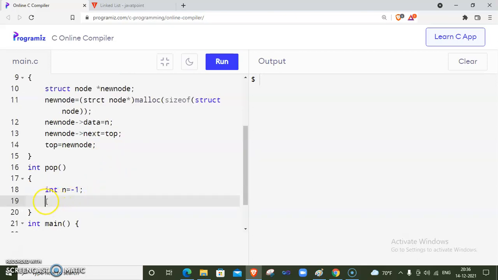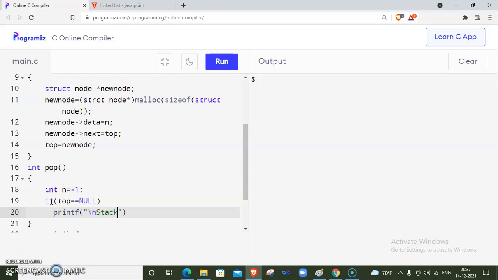But if the stack is empty, then we can't delete or pop any element from the stack. So we need to check this condition, whether we implement by using an array or a linked list; this condition is fixed. If top is exactly equal to null, it means the stack is empty. If top stores null, there is no single address present inside top, then we can confidently say that there is no single element present inside the stack, which means the stack is empty.